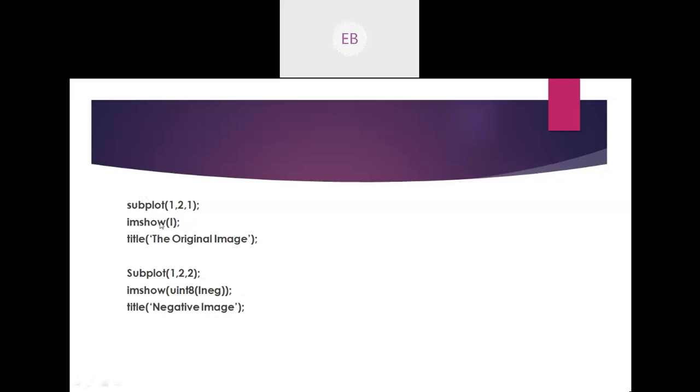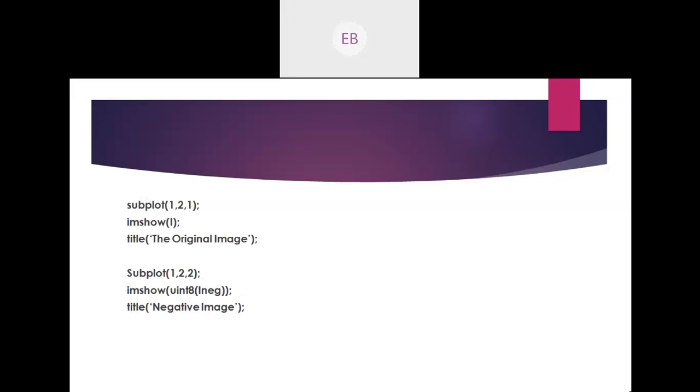The first image I want to show is the original image, so I have given the title as original image, and to show it I am using another function, imshow of I, where I is the original image. You can use any title, but for my convenience I'm giving original image as my title.